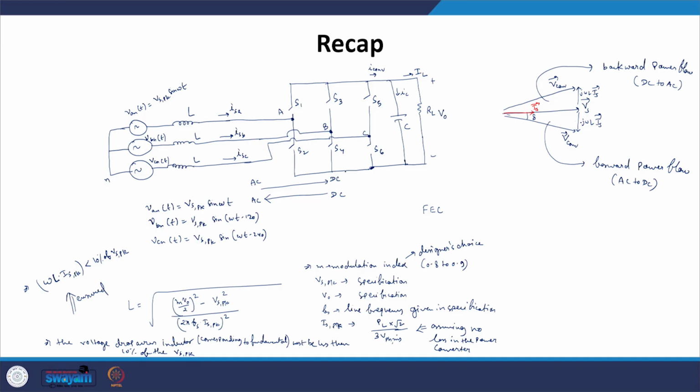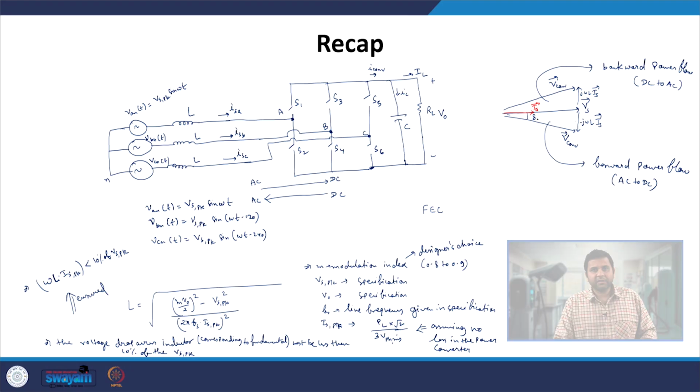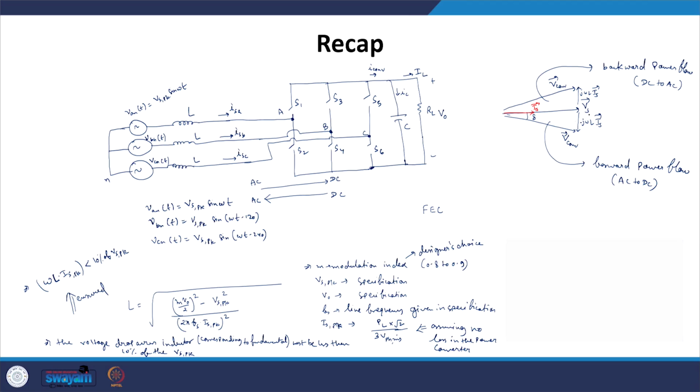how we can obtain the bidirectional power flow, and how to size different components of this converter. We have seen that in this converter we have 3 symmetrical half bridges and 3 symmetrical inductors which are connected to the 3 phase voltage source, and we assume that these are balanced 3 phase voltage sources. And by changing this delta, or you can say the power angle between the Vs phasor,